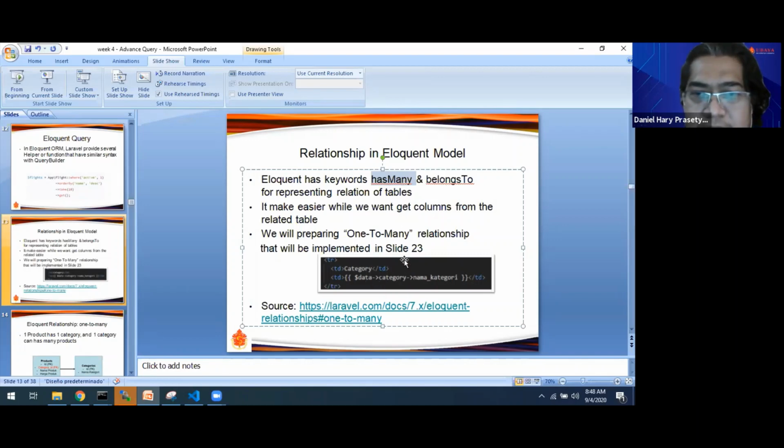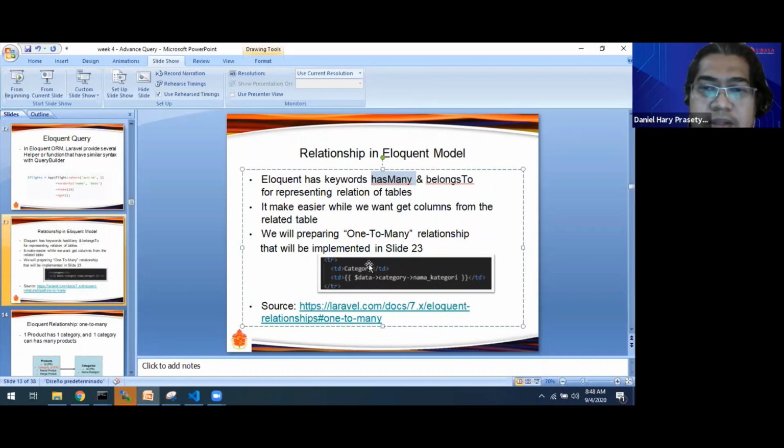For example, in slide 23, we just create the product model, but we can get the category name because we already set the relation of category to product.